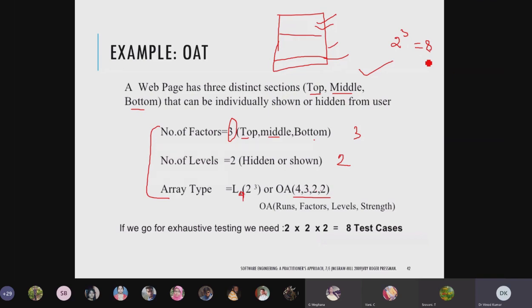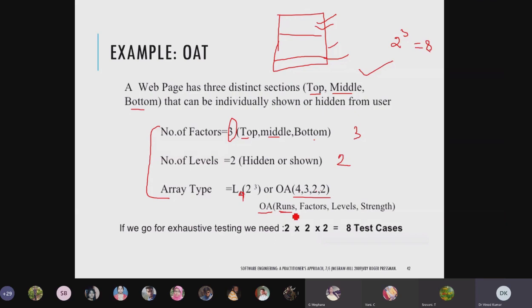But I can do this by using only 4. How will I do it? I will learn here. Factors you can see here. The array that we created here, orthogonal arrays.